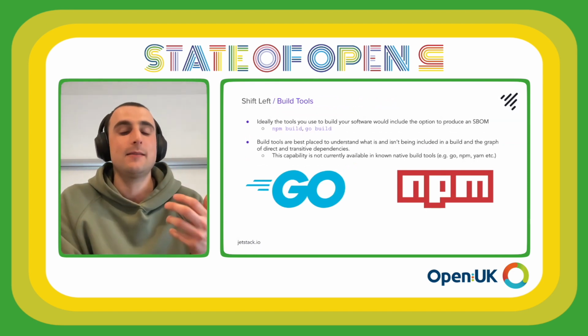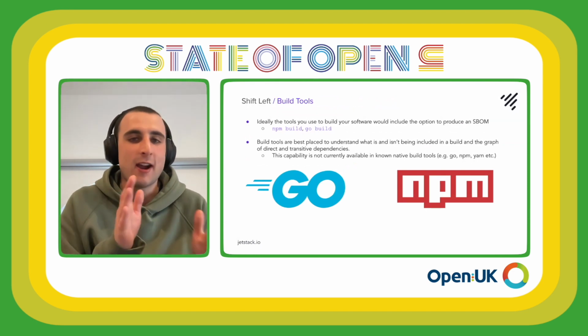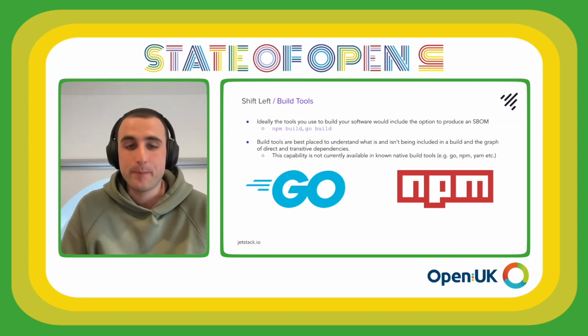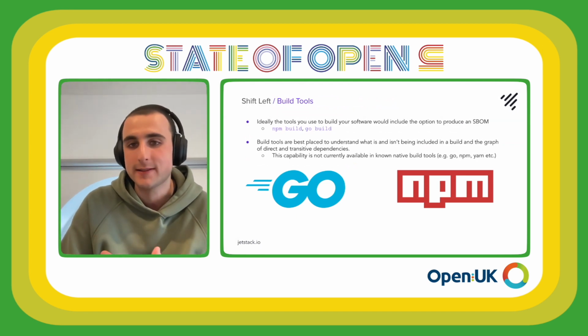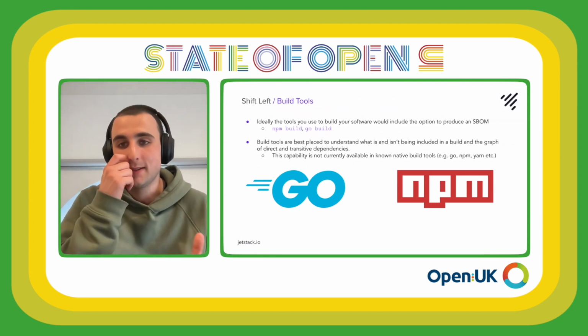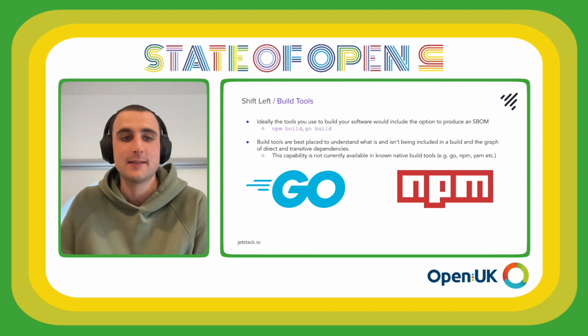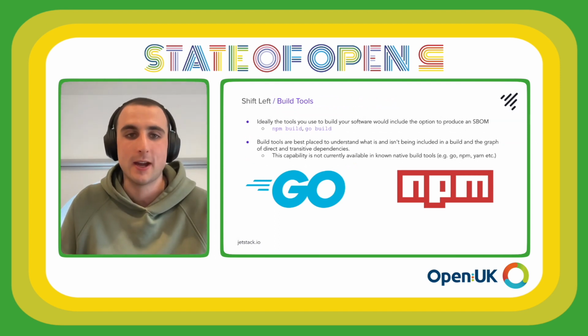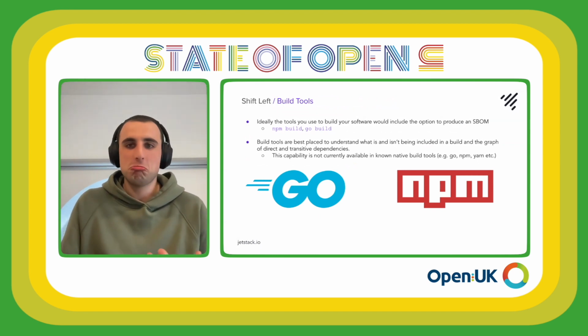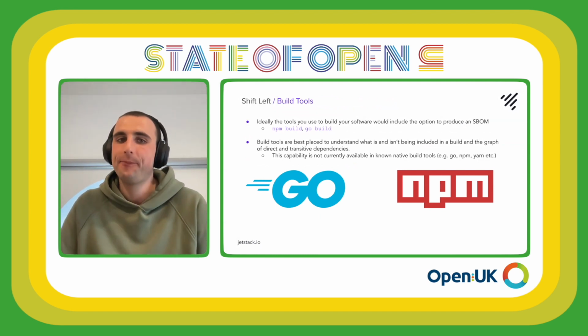And then if we want to get this right, maybe we just put things in the middle. So maybe build time is the answer. So at build time, you have all the information required to say what it is and isn't included. So I don't have my test and development dependencies, and then maybe I can produce an accurate and comprehensive SBOM. So build tools. Looks like that might be the solution here, right?